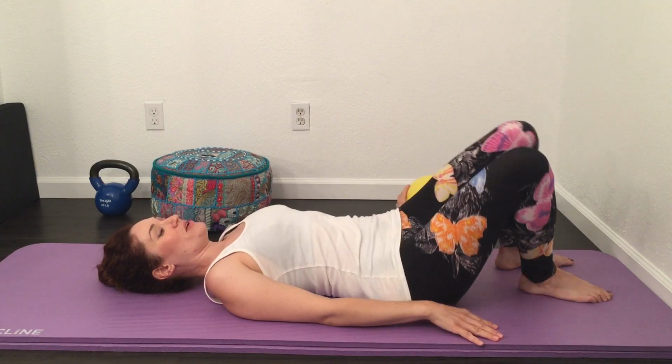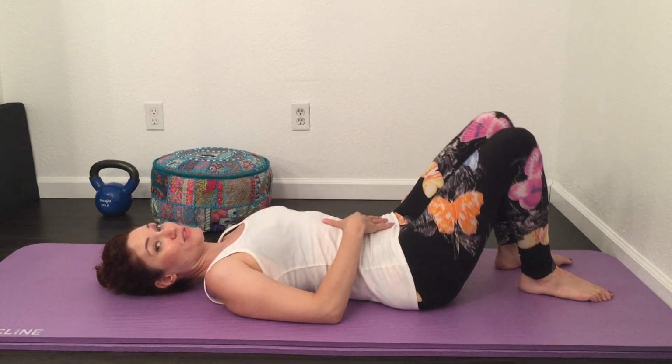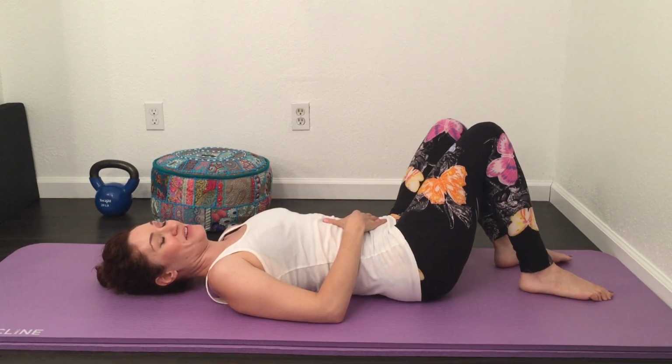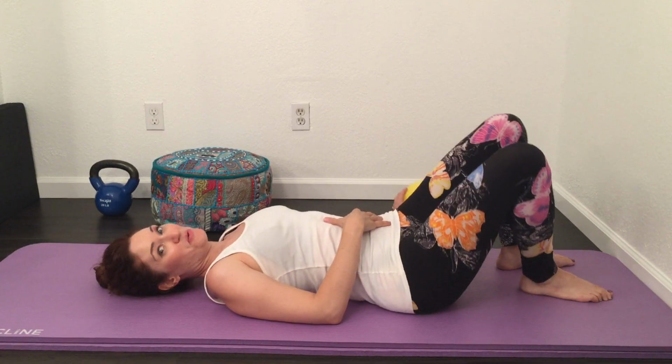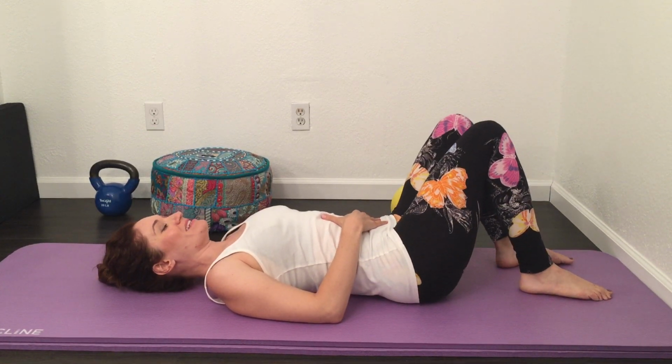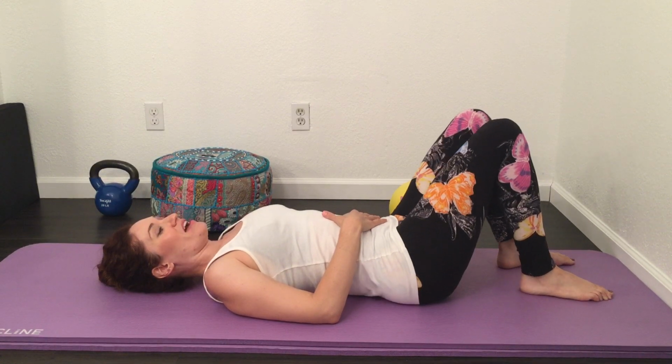So I hope you started to feel your transverse abdominis turn on here. Now I'm going to talk about this muscle a lot, so get used to hearing me talk about it. That is your core, your pelvic floor, your diaphragm, and your lumbar multifidus, but we'll get to those. Okay, so